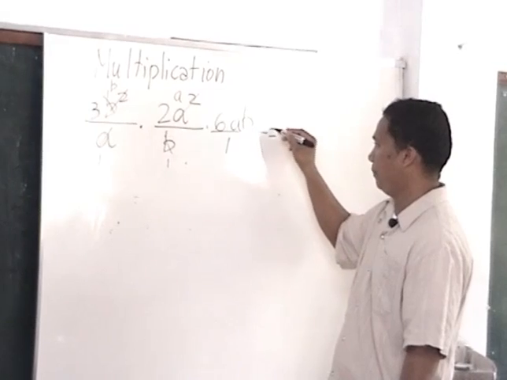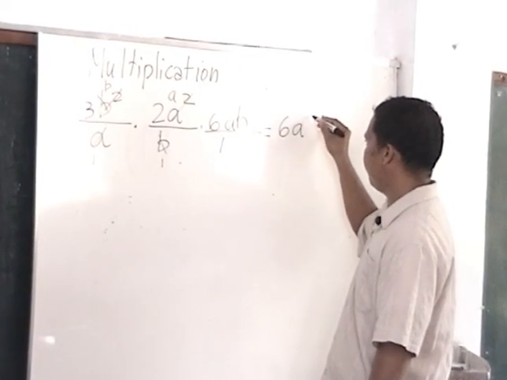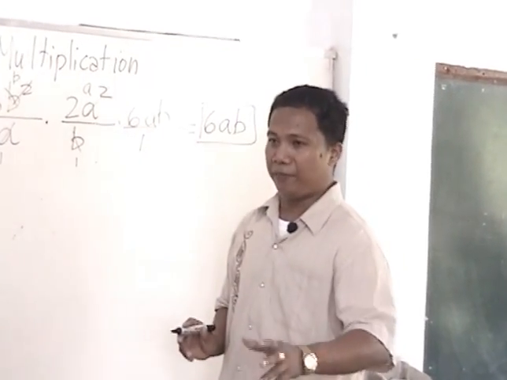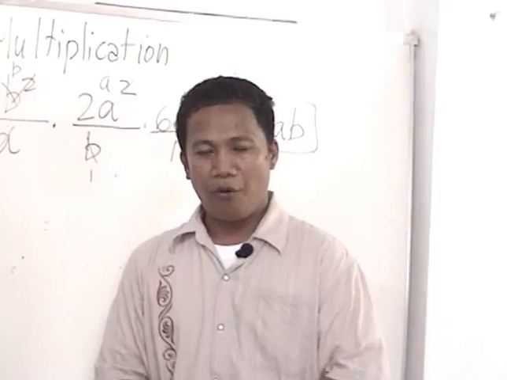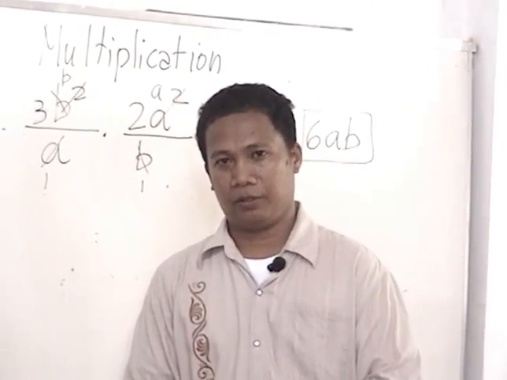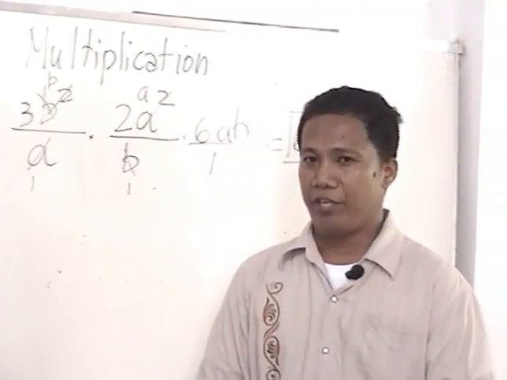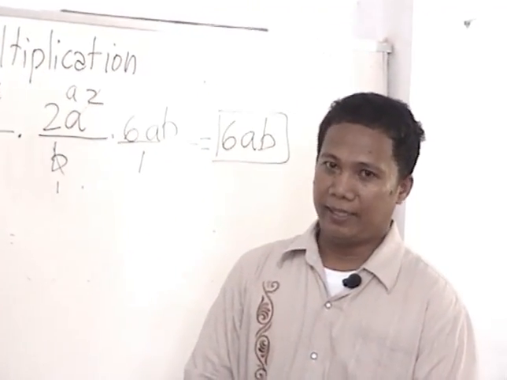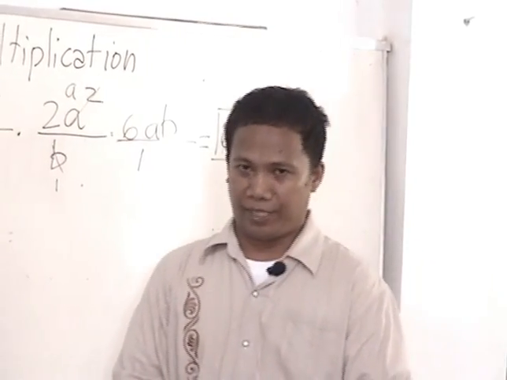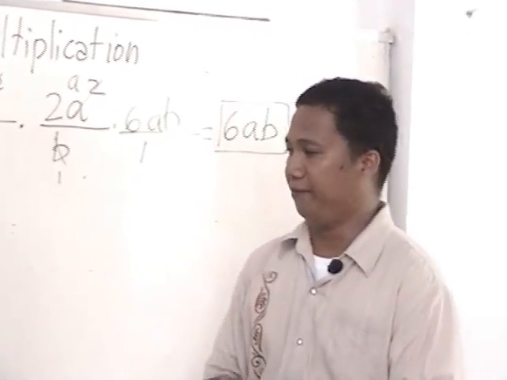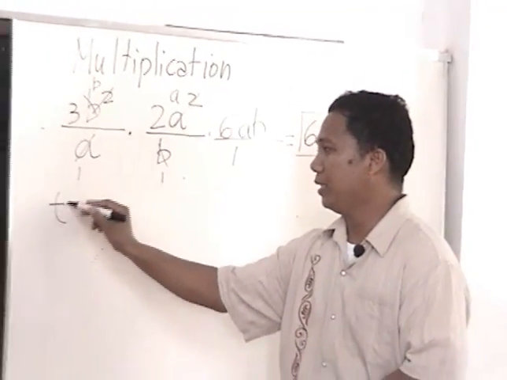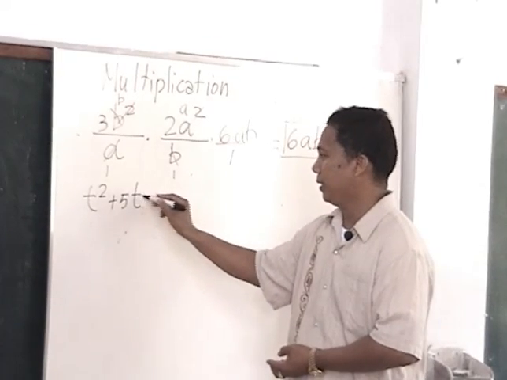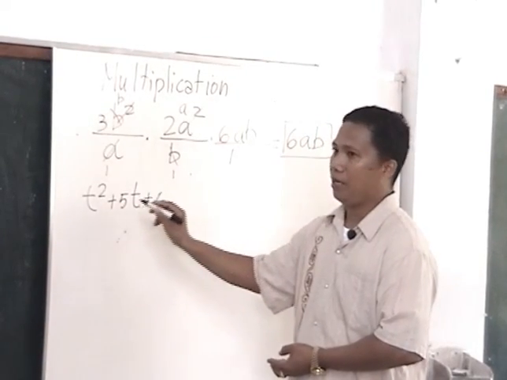So the final answer will be 6ab. And this is the final answer. Now, we are having different problems. How about if the problem consists of trinomials, wherein we have to apply what we have known about the previous topic? Say for example, we have t squared plus 5t plus 6 over